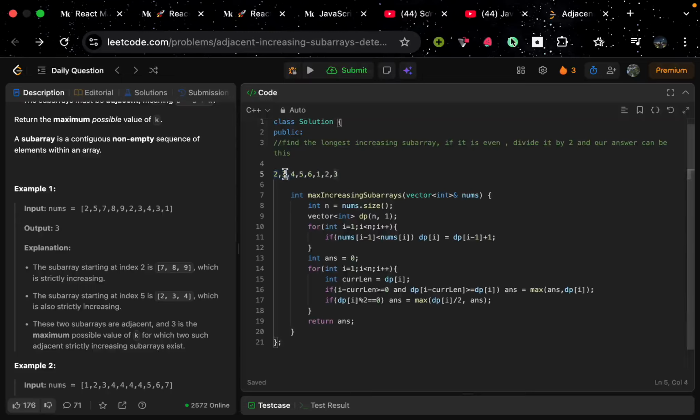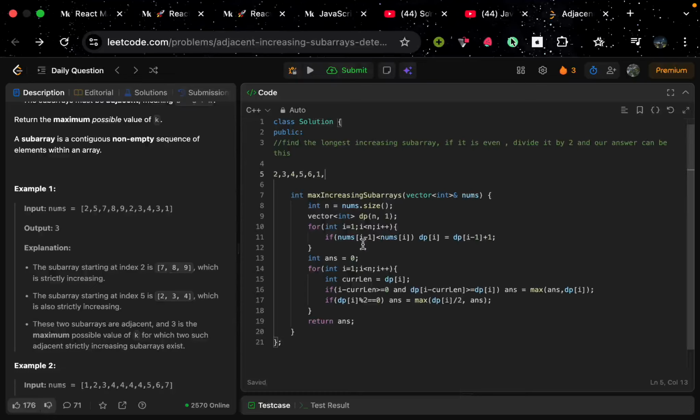So our two subarrays which are strictly increasing can be 3, 4 and 5, 6, so the length of each subarray is 2. So our answer can be this 2. But here, as you can see, a better answer exists, that is 3, 4, 5, 6 and 1, 2, 3. So a length 3 subarray exists here. But suppose this is our array, then a length 2 subarray exists in this array. So the first observation is this itself, and